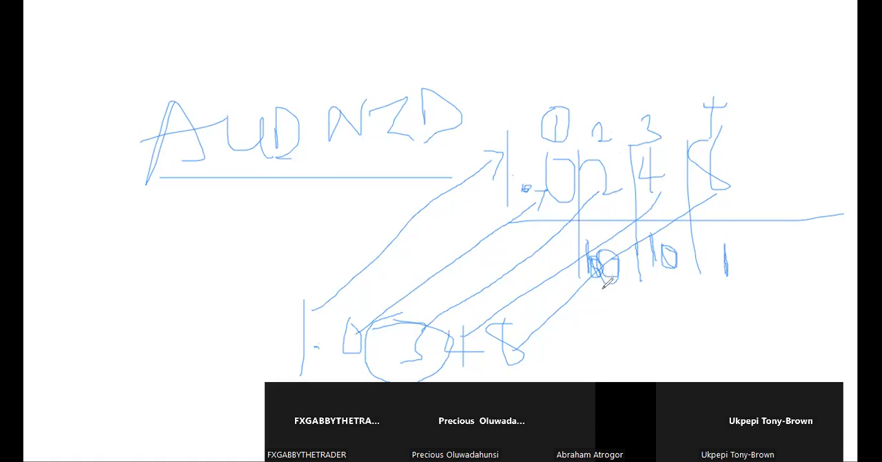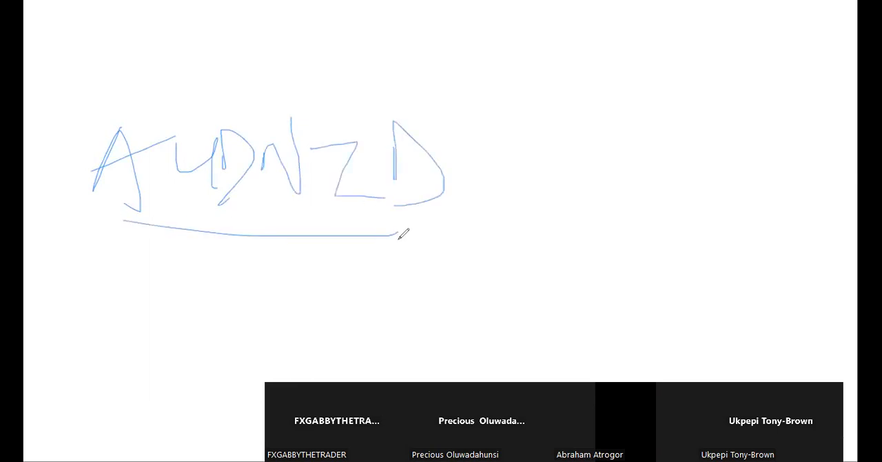What do we have here? This is 100 units. So how many pips has AUD NZD moved? I will take it again. If AUD NZD is currently at this market price, 1.0248,